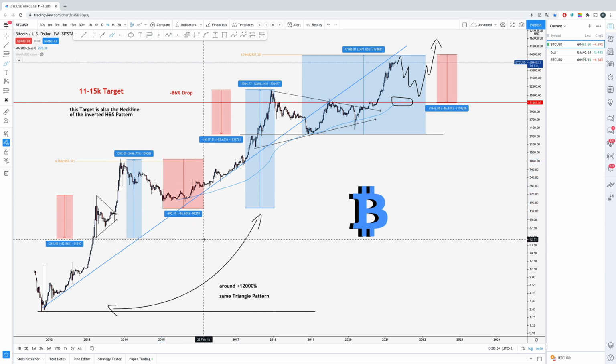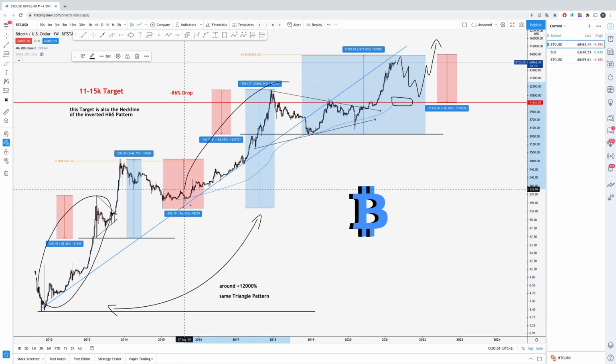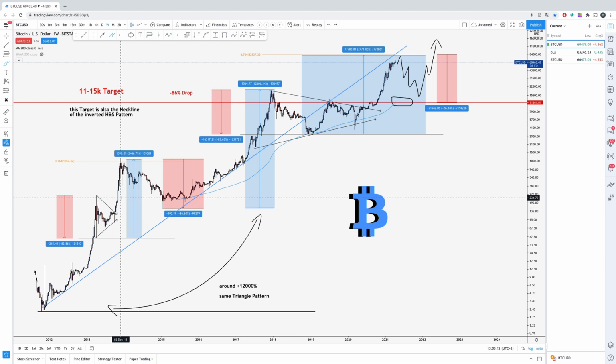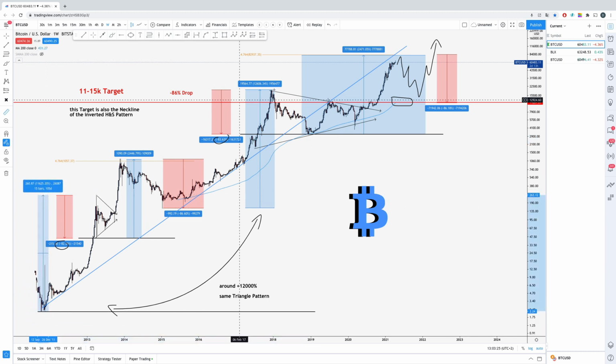So just for everybody who didn't watch my first video, this one over here is the same as this. You can see the exact same percentage growth, the exact same percentage drawdowns. Look at this, 82%, 83%. Plus from here from the downside to the upside, you have 12,000, exactly like you did over here. It's almost the same